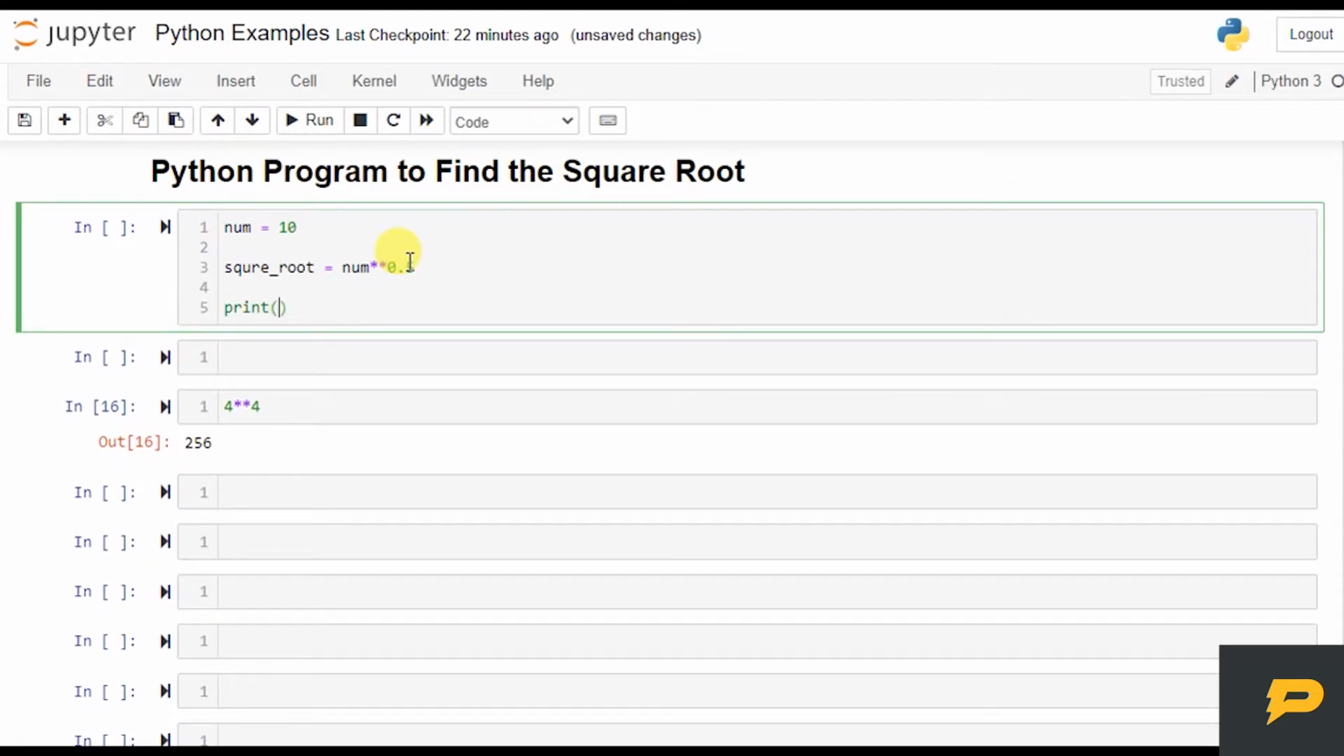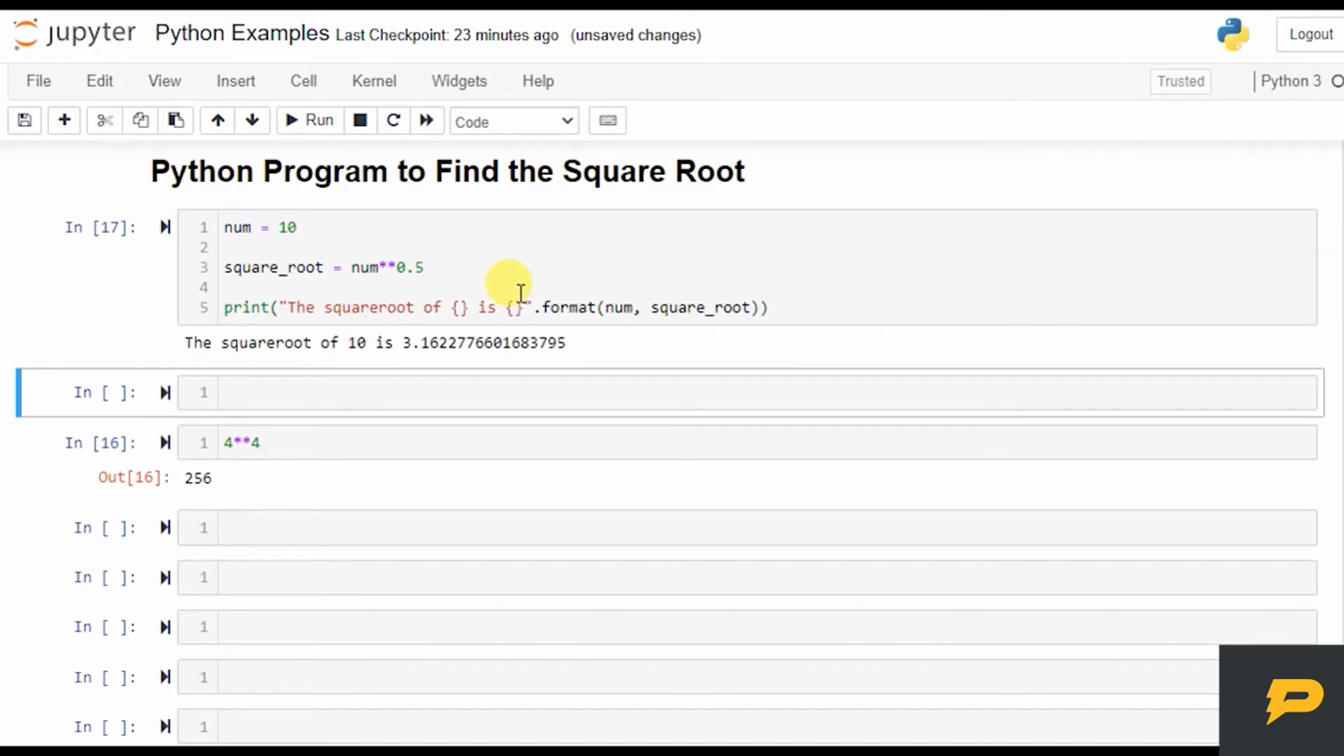So now I want to print it, and I'll print the square root of this number is. Now I will format this into number and then our square root. Now if I run this, it says the square root of 10 is